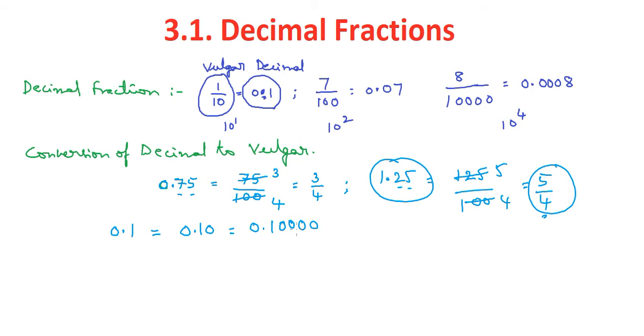Next, if the numerator and denominator of a fraction contain the same number of decimal places, then we can remove the decimal sign. For example, if it is 1.25 divided by 1.02, this can be written as 125 divided by 102. Simply you can remove the decimal points as the digits after the decimal are the same. Okay, the number of decimal places are the same, so we can simply remove the decimal. That's all.